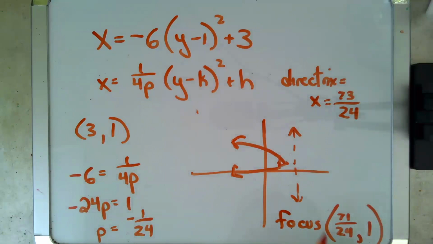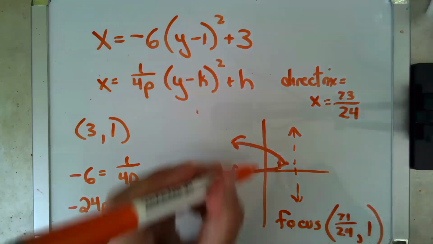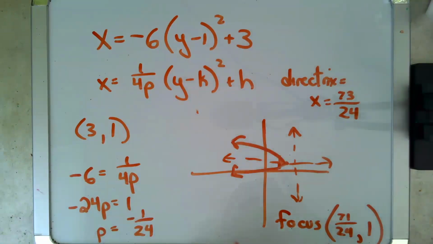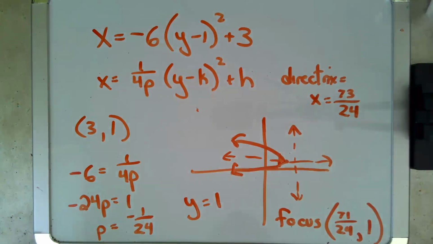And then, of course, its axis of symmetry cuts right through the vertex. And that is a horizontal line, so that will be the line y equals 1. No matter what the x is, the y always passes through the vertex. And that is how you graph a parabola that opens on the horizontal instead of one that opens on the vertical. Okay, if any of this stuff was unfamiliar to you, focus, directrix, axis of symmetry, check out these videos,